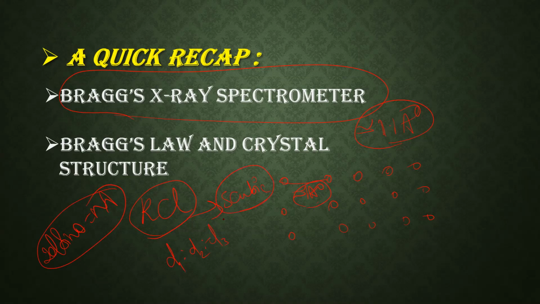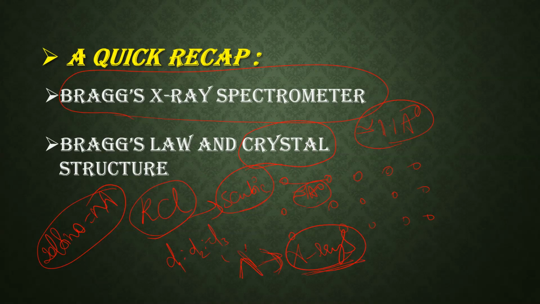Using Bragg's law, we can determine the unknown crystal structure, what type of structure the crystal we have synthesized has. We can also relate Bragg's law to obtain the wavelength of the X-rays, and understand the physical properties and different characteristics of X-rays. Okay, students, so now let me go for today's topic, crystallography by Ley method.